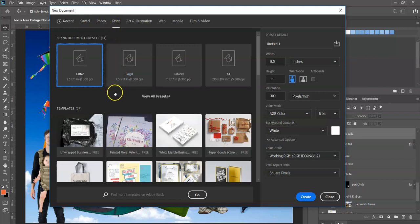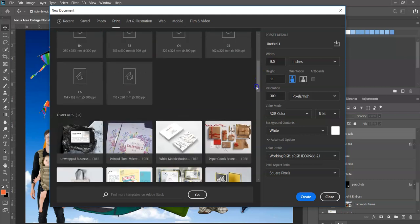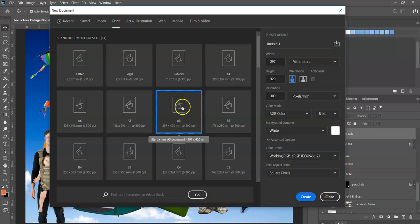I'd like you to make it A3. So if A3 doesn't show up straight away, go to View All Presets, and then you should be able to find A3 in the selection. You can always scroll down if it's not immediately there. I'm going to choose A3, and then I'm going to go over to the right hand side and I'm going to straight away give my file a name. I'm going to call it